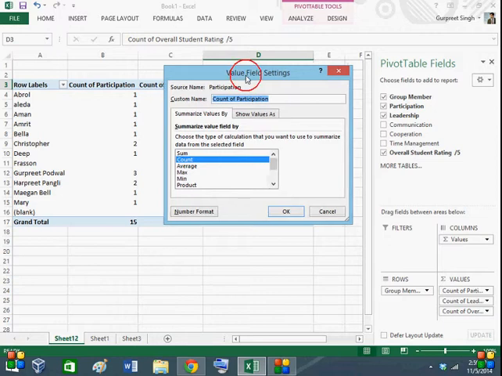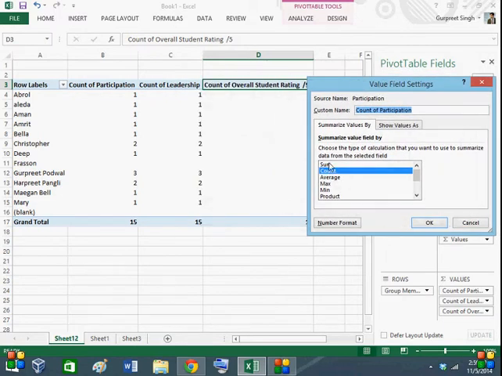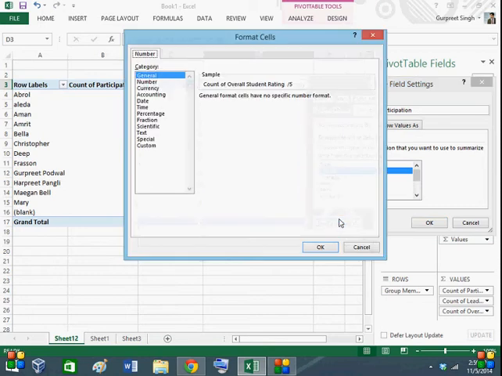We can change the value field setting to sum, count, average, maximum, minimum, product, count numbers, StdDev, StdDevp, but I'm just gonna stick to count with the participation. There you go, count.